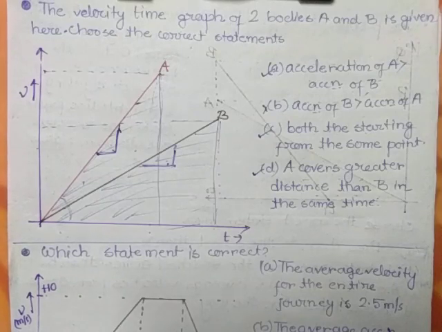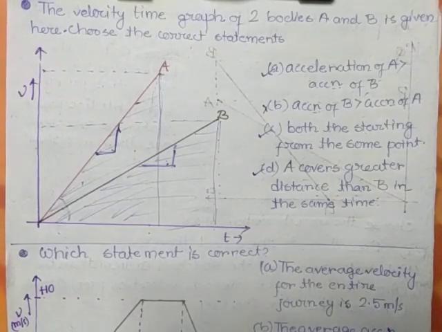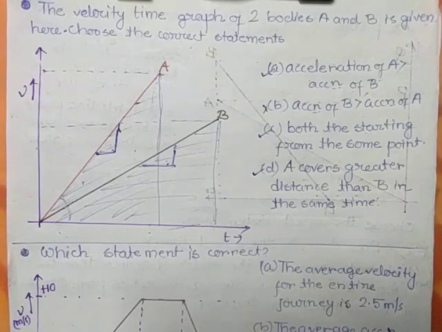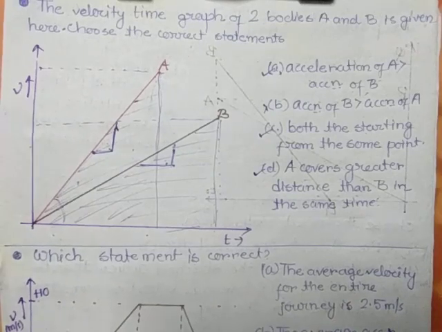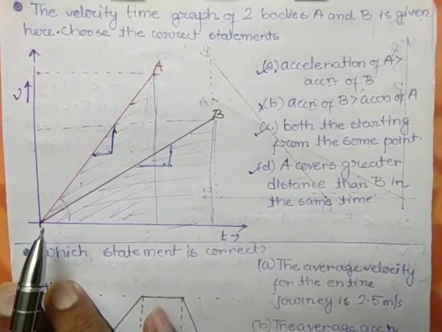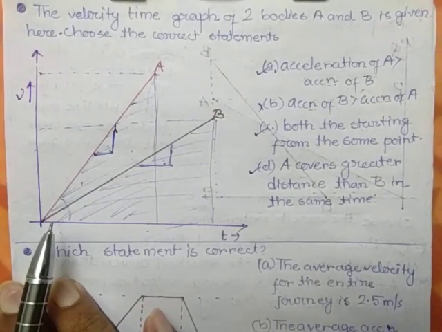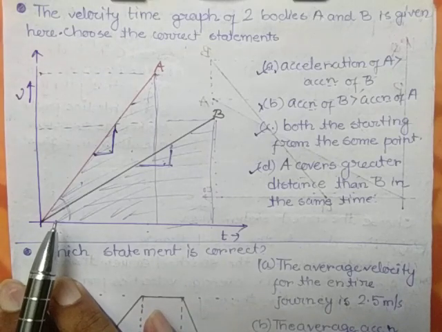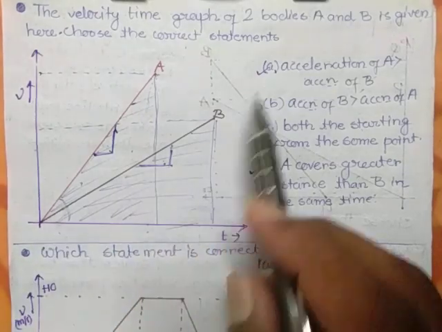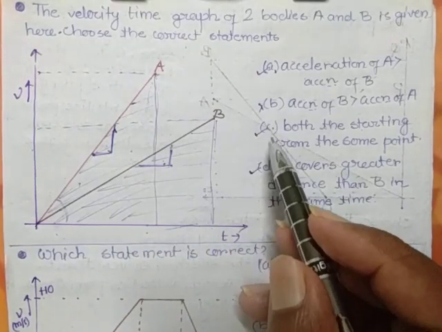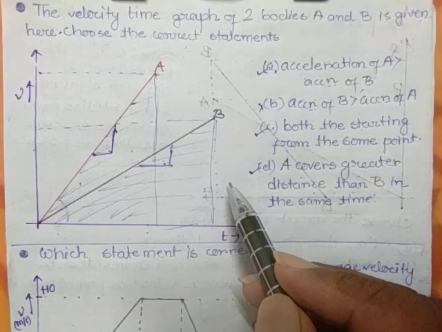When all the values and numerical data are given, we will do the calculation. Sometimes you have to analyze qualitatively, and here you see A, C, D are the correct options. So MCQ does not mean that only one correct option is there. There will be multiple choice questions, and there can be multiple correct options. So if one option is correct, please check whether the other options are correct or not.